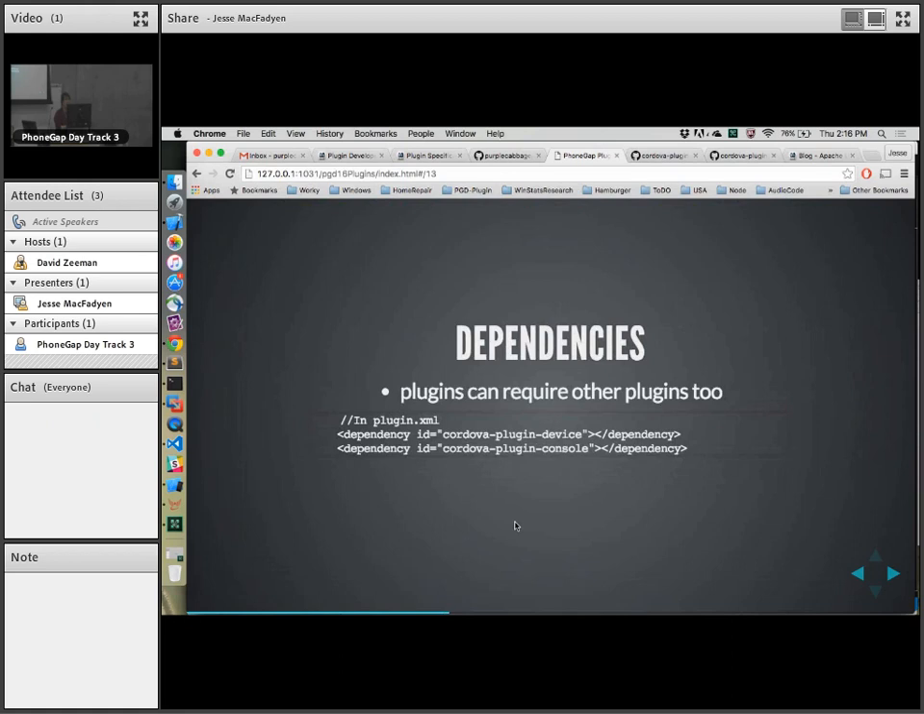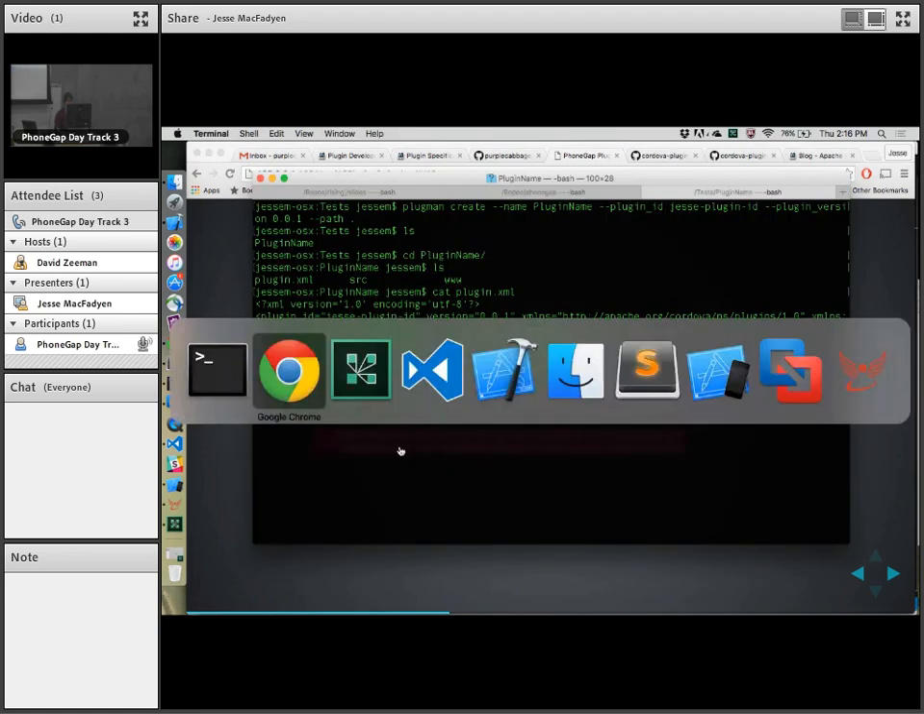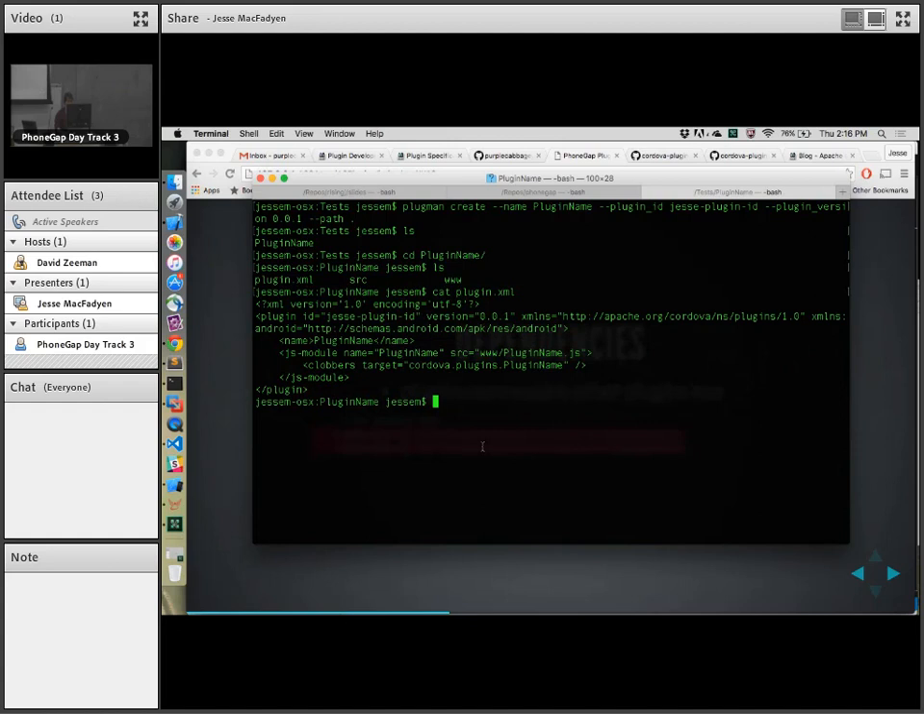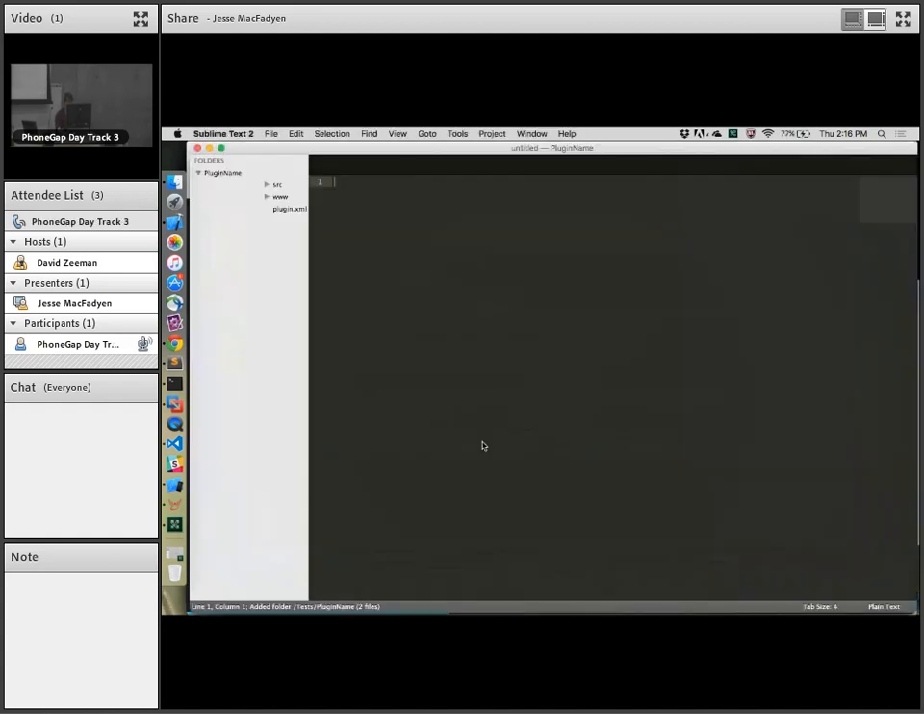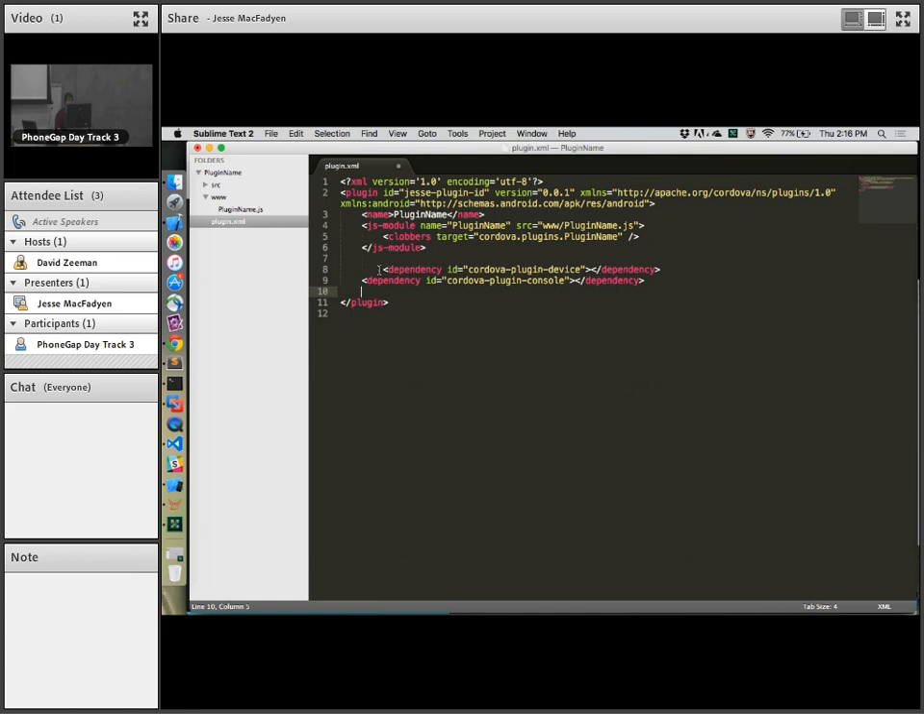So an important part of plugins is that they can also depend on other plugins. So this allows you to actually go and, where can I go? Okay, I'll open this folder in Sublime here, and I'll look at the plugin XML, and I can actually add a dependency. So now I've said that I depend on the device plugin and I depend on the console plugin. Now, if I wanted to,